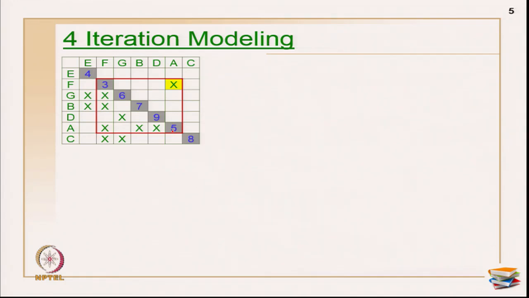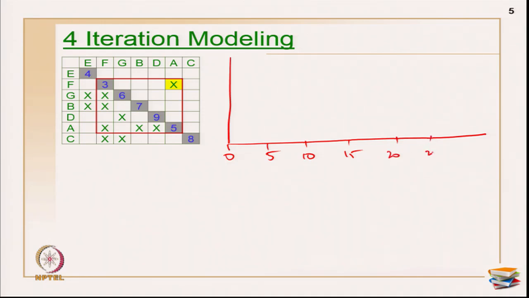Okay. Now, if I am going to plot this on a bar chart, so I am going to use a bar chart now. Okay. 0, 5, this is 10, this is 15, this is 20, this is 25, this is 30, and these are my list of activities. If I keep it in that order, now this is a sequence that you have already identified. So, activity E is taking a duration of 4. So, this is E, okay, and F is actually a parallel activity to E, because I do not have a relationship with E. So, I can start F even before here. So, this takes a duration of 3, okay.